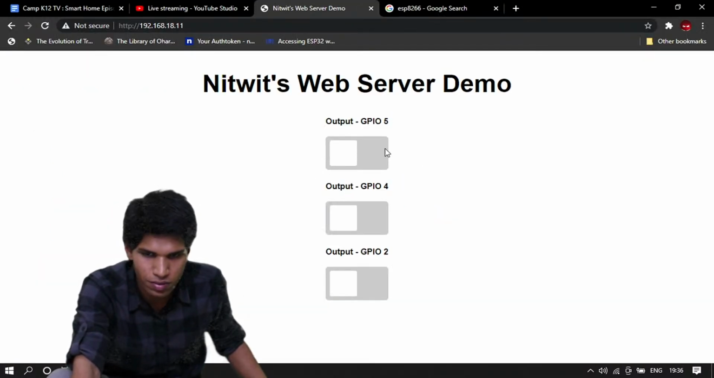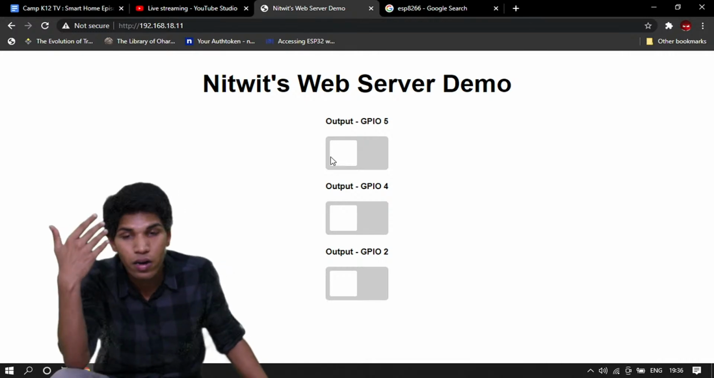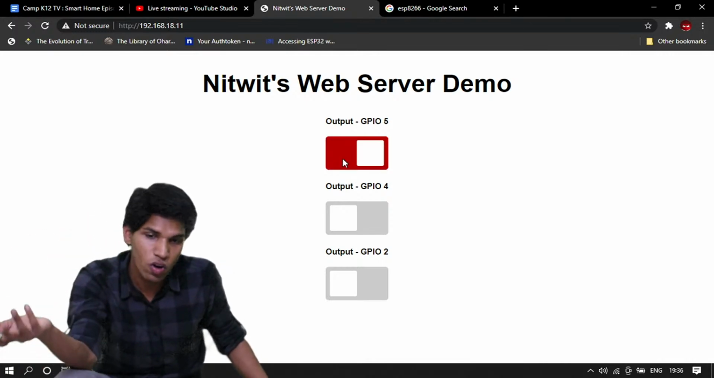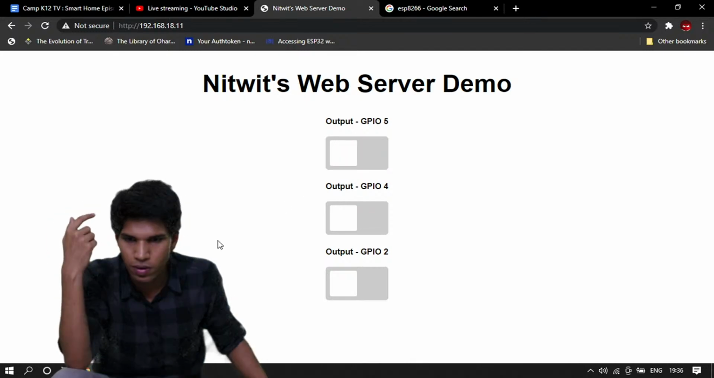Okay, 0 or 1. When the button is turned off, its state is 0. When the button is turned on, its state is 1. Okay,